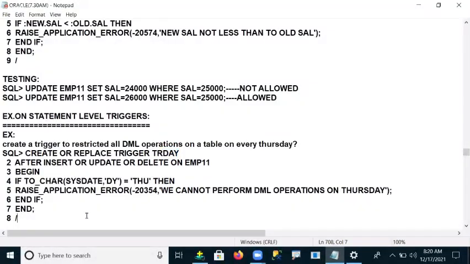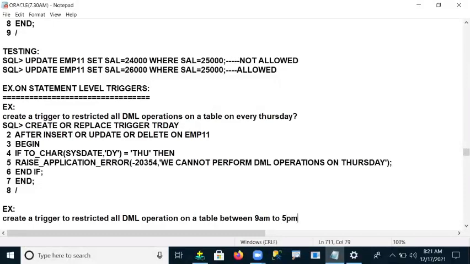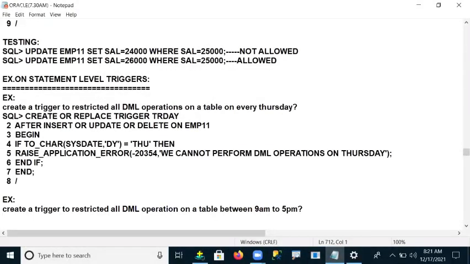Now in the same pattern, one more example I'm giving to you. Create a trigger to restrict all DML operations on a table between 9 a.m. to 5 p.m. So this time my restrictions are on timings.